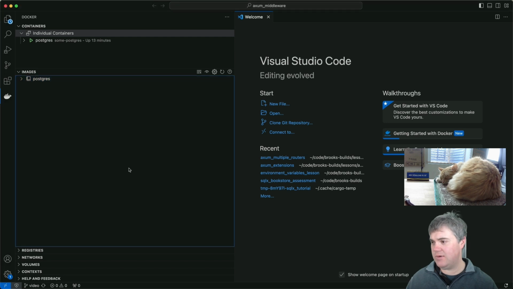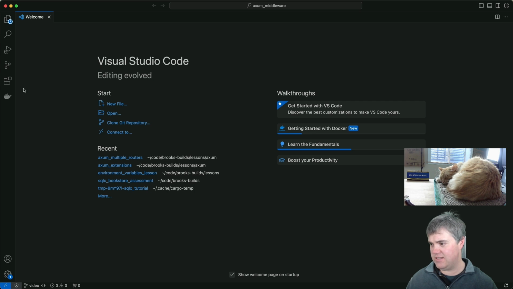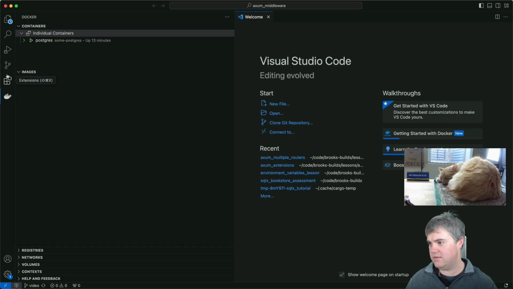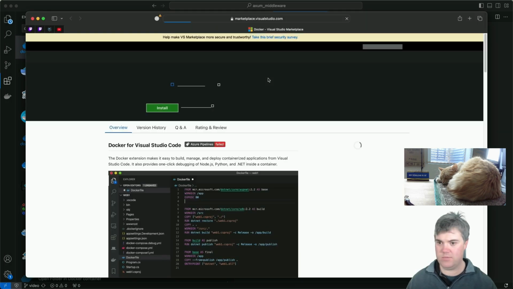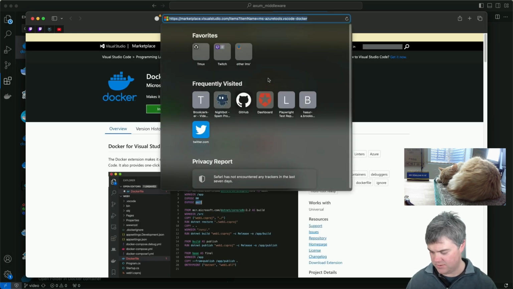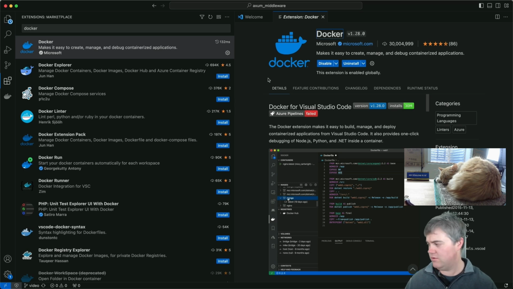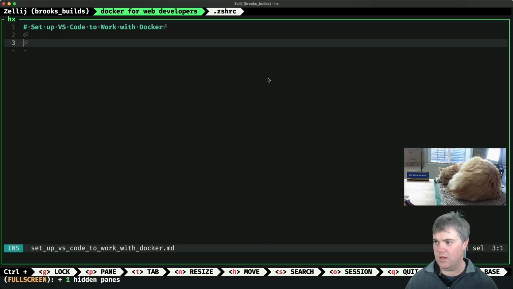Okay, so this takes me here to this marketplace. VS Code has a really nice extension that allows devs to work